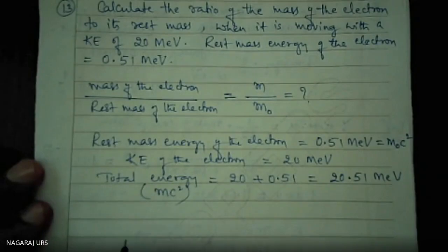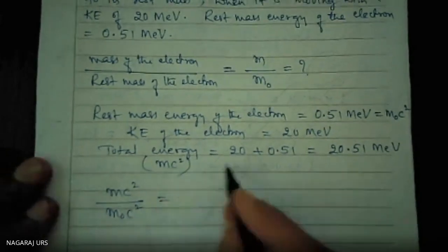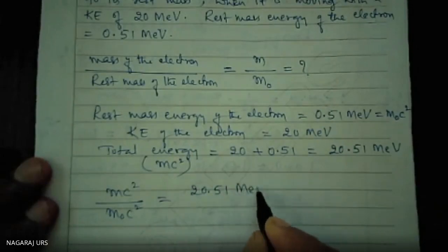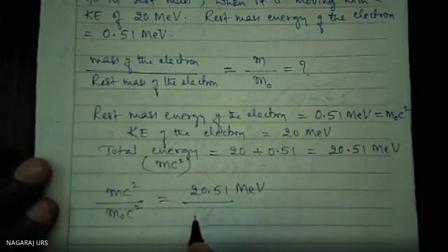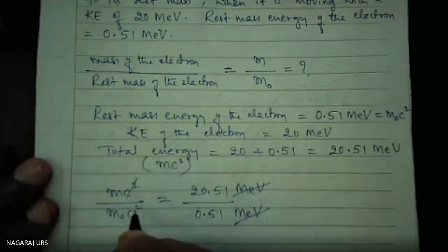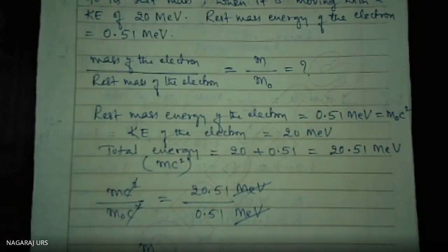Just I will take the ratio here. mc square divided by m naught c square is equal to how much? mc square is 20.51 MeV. This is 0.51 MeV. MeV gets cancelled. C square gets cancelled. Therefore, m divided by m naught is equal to